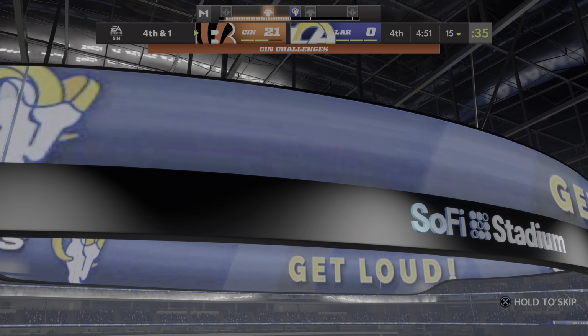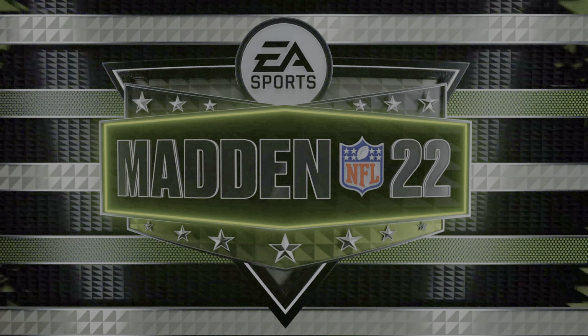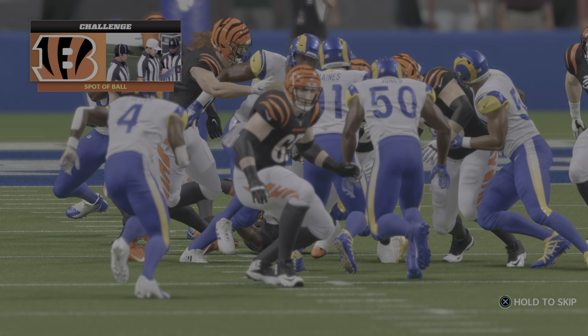Zac Taylor's made the decision. He's going to go ahead and throw out the red challenge flag. The thing that they'll be looking at is a spot of the football, and this is always such a tough one for officials to get exactly right. Not just because of how fast the game's